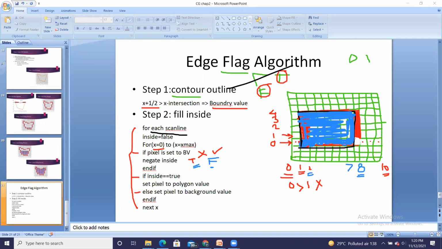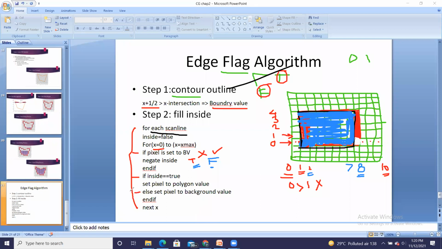Okay, so this is about all the algorithms of polygon filling. In that we have seen the seed fill. The flood fill is also called as edge fill algorithm, and that's why edge fill, edge flag, and what we can say, seed fill. So all the 3 algorithms we have studied now. Now the point which we left in between, that was the run length encoding. So that we are going to see now.